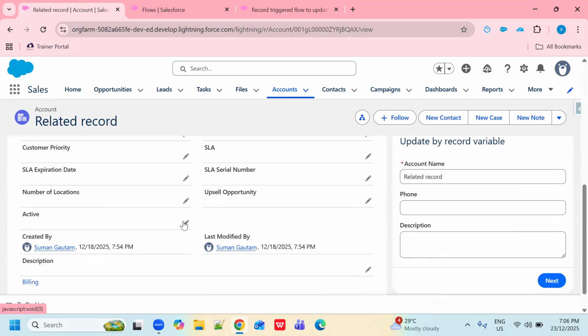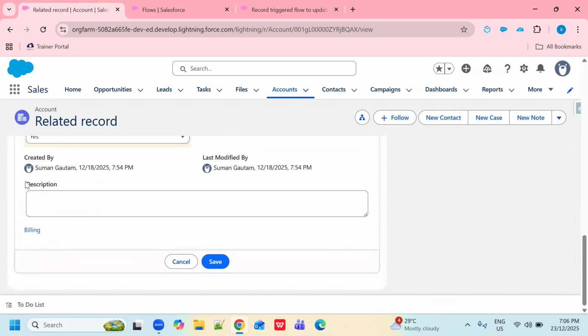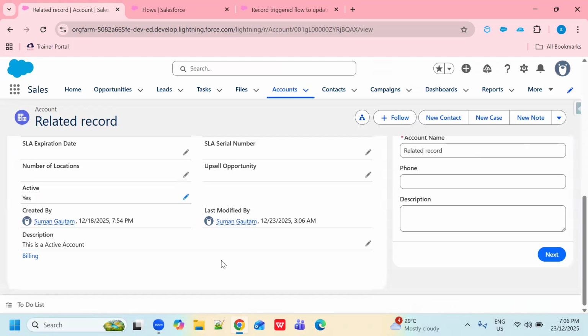So I am going to edit this record. It will work on both. So active, select Yes. Right, now you can see there is no description here. Now click on save. Now this is updated by this text which I have given in my flow, right? So in this way our record triggered flow will work.